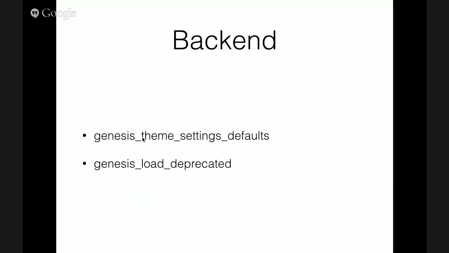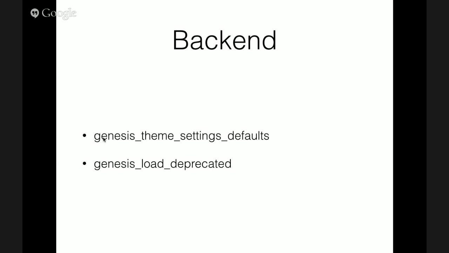The other one is Genesis load deprecated. So with every new version of Genesis, Genesis normally will deprecate a function. So these deprecated functions are dropped into a file, and they're still loaded just with a deprecated notice. It's a small performance hit. It's nothing major, but if you want to push every bit of performance, every bit of second counts,